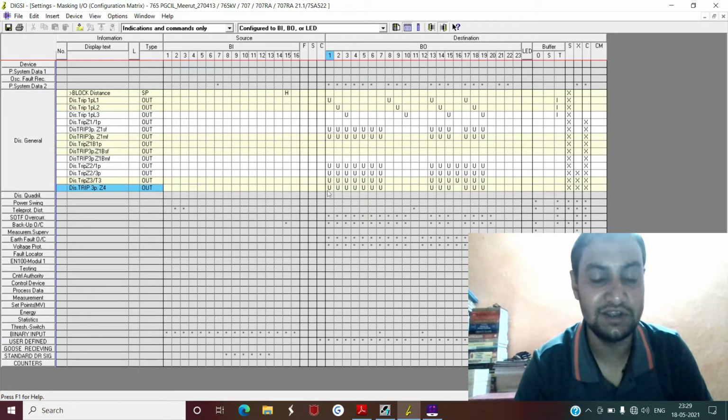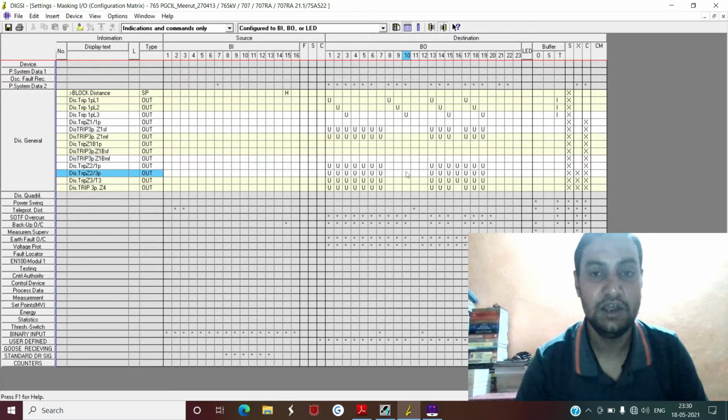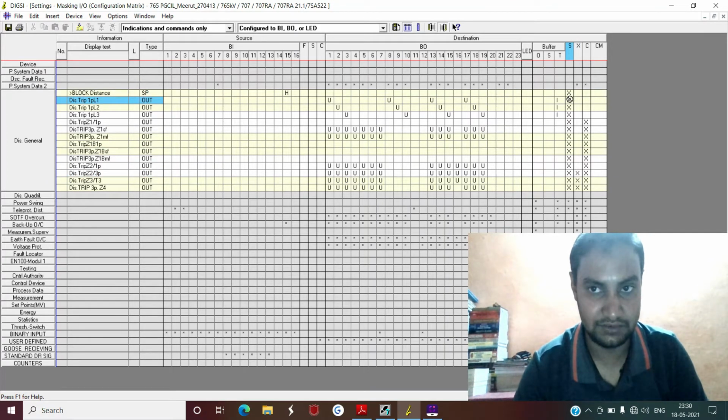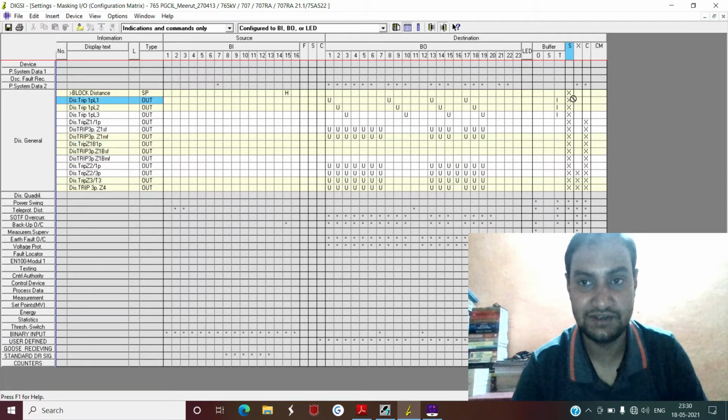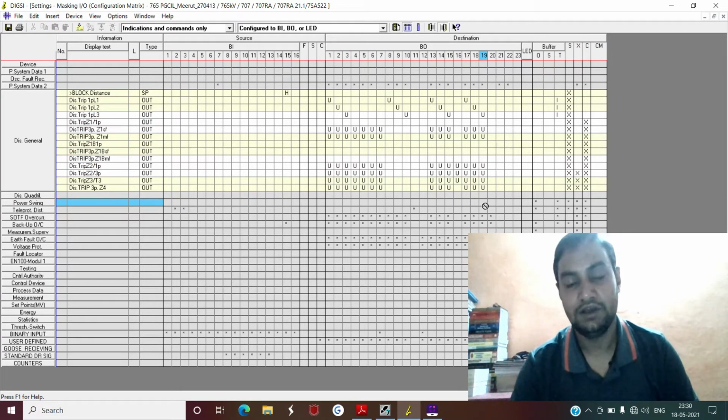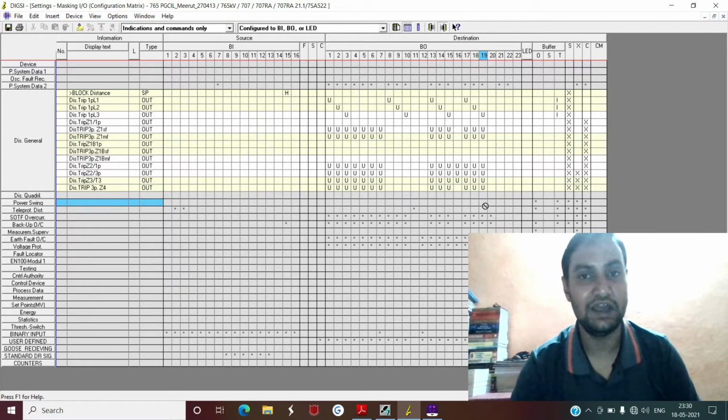So any signal you want to send from this Siemens relay to the SCADA system, you have to select those signals in the S tab. Since I am already using this pre-configured file, I am not able to change anything over here. I will discuss these things in somewhat later sessions, when I discuss the 61850 configuration.